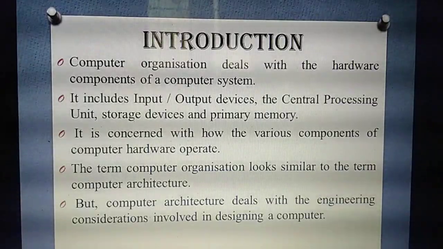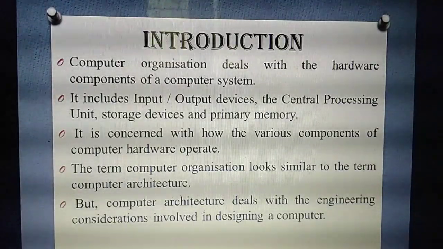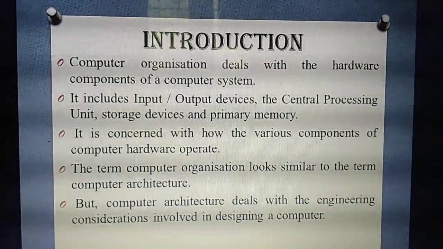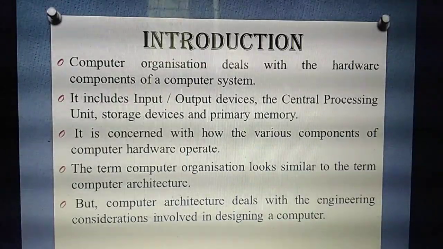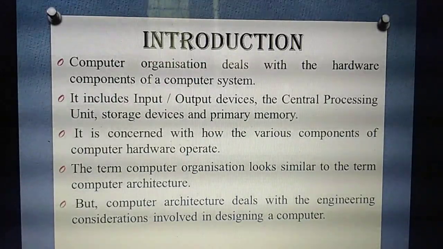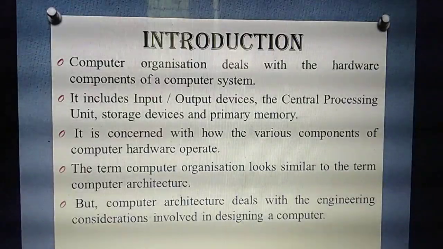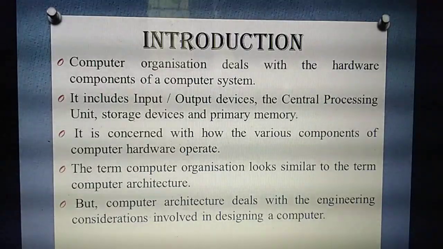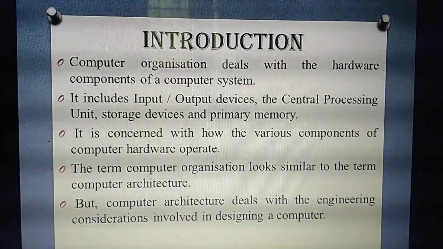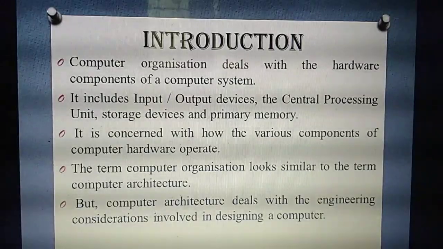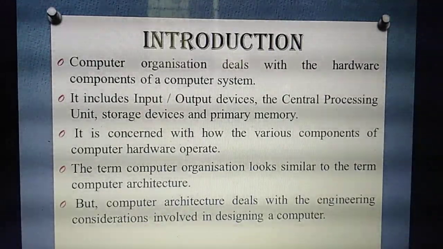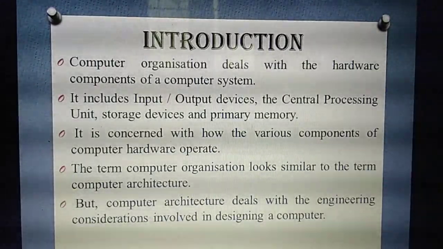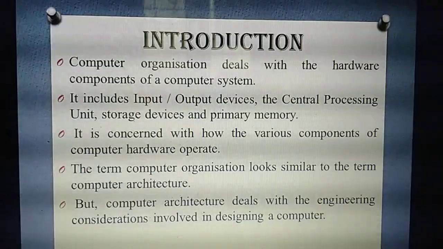While they are designing the computer, they need to decide how all the components are designed. For example, in the last chapter you studied the functional components of a computer. Before writing the theory part, what will you write? Draw the block diagram, isn't it? What's the use of the block diagram? You assume the computer will work like this, so you draw one diagram. Likewise, before they design one CPU or computer, they have a better architecture, and they need to connect all the things. That's the engineering consideration.